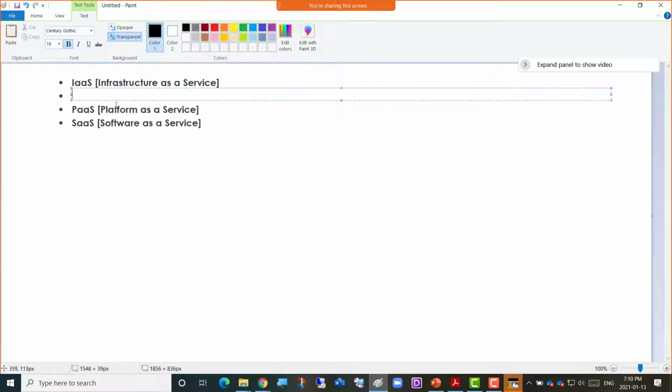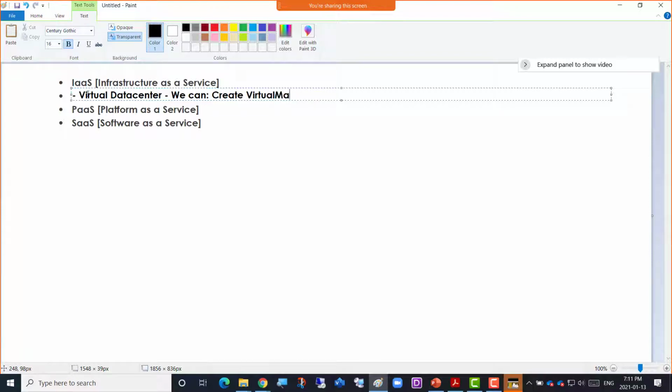Okay, I still use this primitive application, MS Paint. So infrastructure as a service, first of all, we can say it's a virtual data center, hence the name infrastructure as a service. So it's a service provided to you, but it's the whole infrastructure. So what do you do inside infrastructure as a service? Well, we can create virtual machines, and that would be very important.